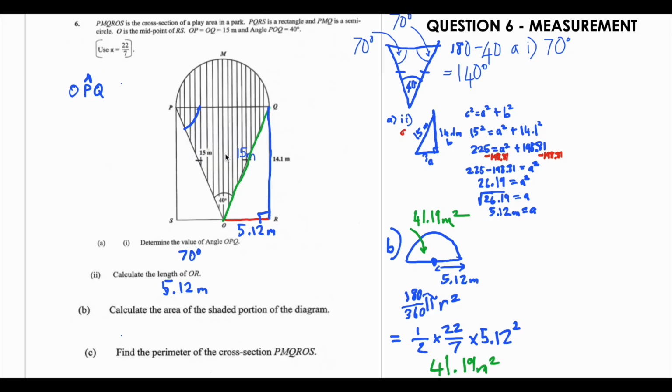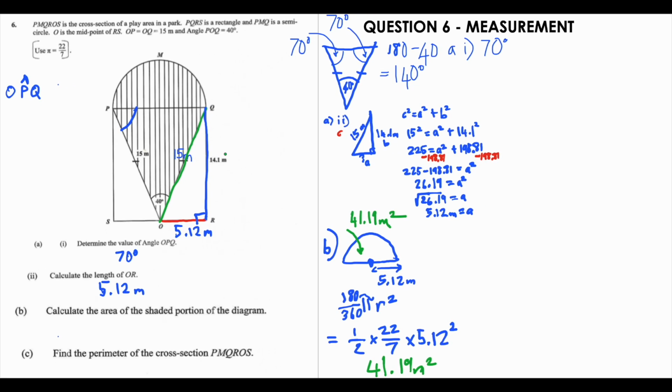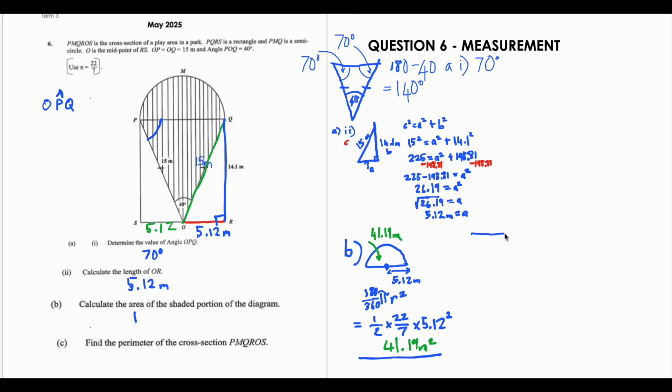Now usually when we do a triangle, we use half base times height. In this case, they gave us an opportunity where we could use sine as well. So I'll show you using the regular half base times height, and then we go from there. So this is a triangle here, with the base times perpendicular height. Based on this, the perpendicular height is 14.1, and because here is 5.12 and here is 5.12, that full base here would be